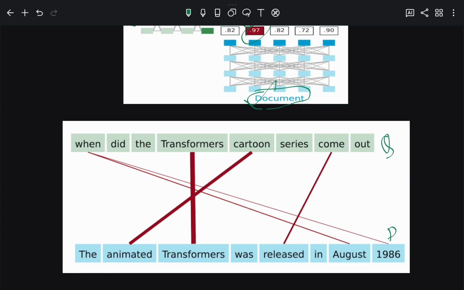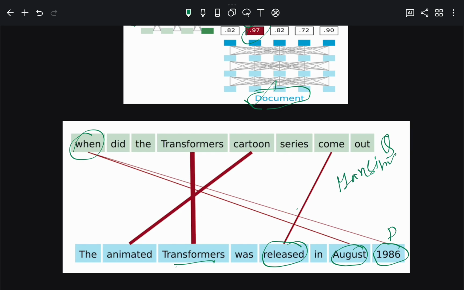So "transformer" will have a max similarity score with this token in the chunk, and "come" will have a maximum similarity score with "released", and then "when" will have a maximum similarity score with "August" and "1986", which is the year, for this token which is related to "when". In that way these comparisons will be done, and then we calculate the MaxSim for this particular document,